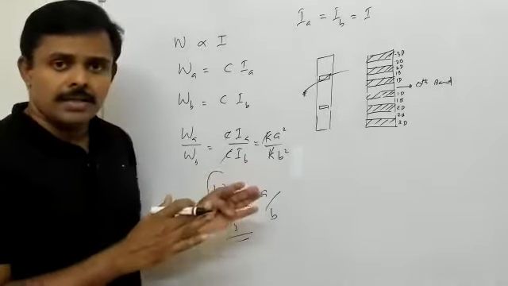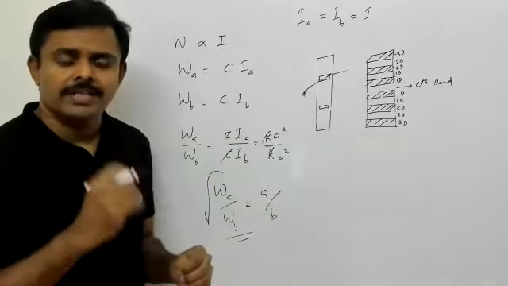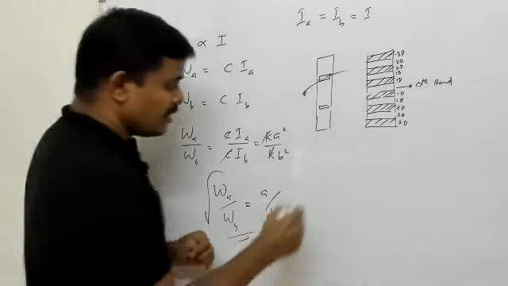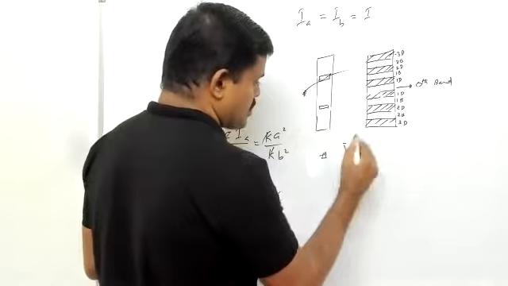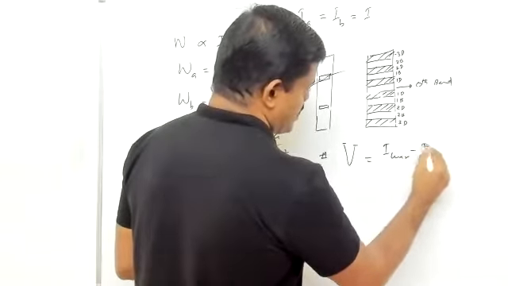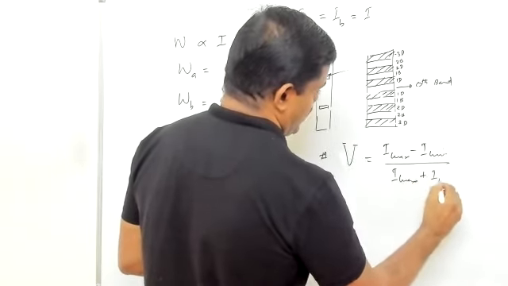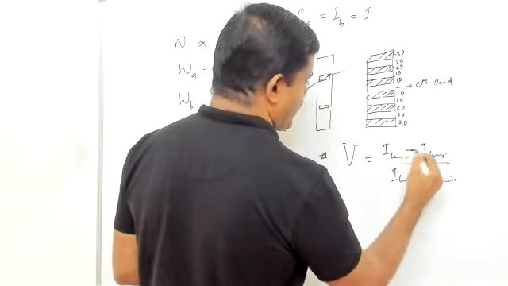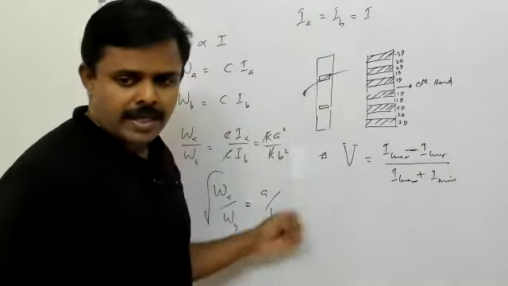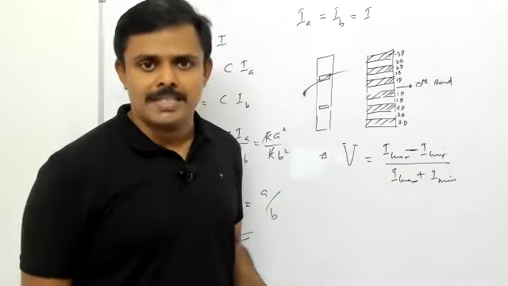Till this, the topics are common for board examinations also, but the next equation is exclusive to entrance examinations. That won't be asked in board examinations. This is called fringe visibility. Fringe visibility is given by Imax minus Imin divided by Imax plus Imin. Fringe visibility, just in case they ask. Okay, it's a previous question. Imax minus Imin by Imax plus Imin. Fringe visibility is maximum when